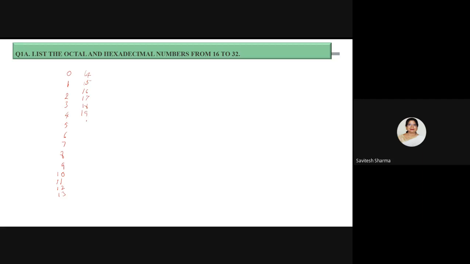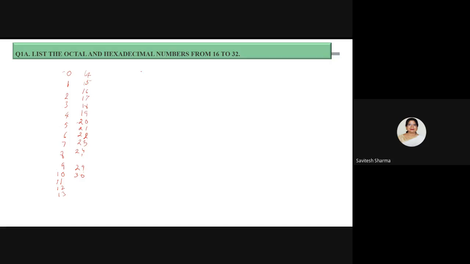So I will again start with the 0 and now my series will shift to 2. So again I will start with 20, 21, 22, 23, 24 and I will repeat up to 29. Now again 9 is there. So now my series will change to 3. So you see that here, starting with the 0, you switch to the 1 series, the 2 series and then the 3 series. Like this you have to follow in the octal.